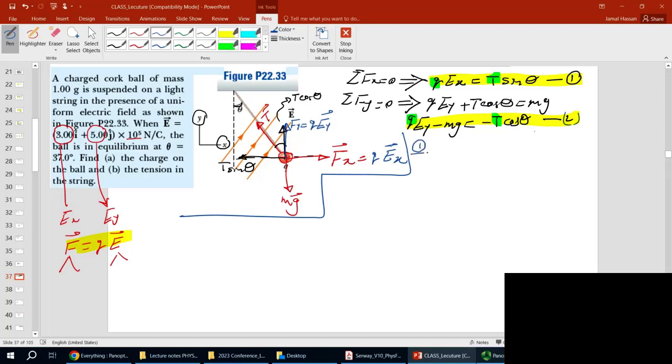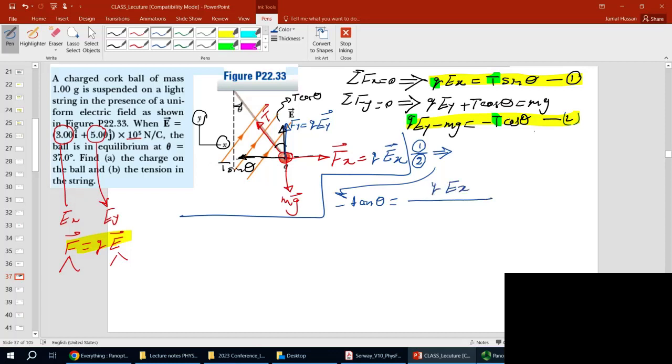So equation 1 divided by 2 gives me this. Maybe I have no space, so I'm going to write it over here. T sine theta divided by minus T cosine theta, so I have minus tangent theta equal to